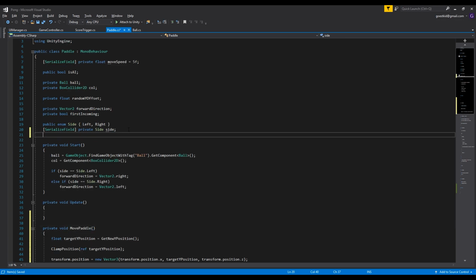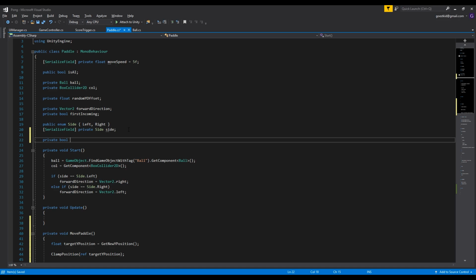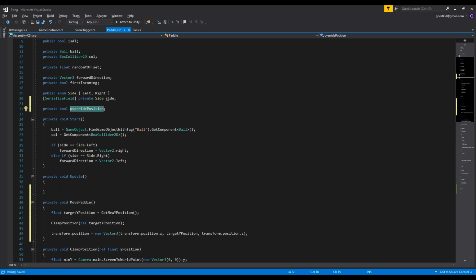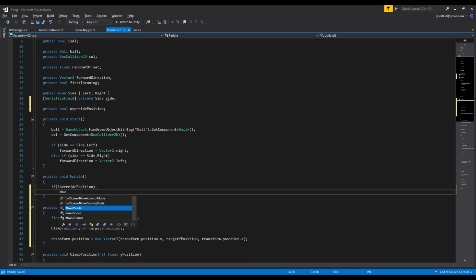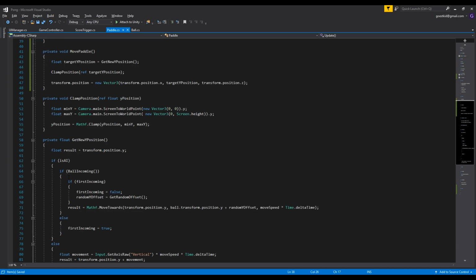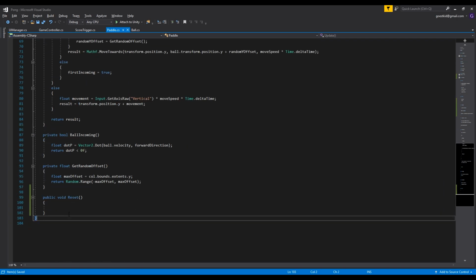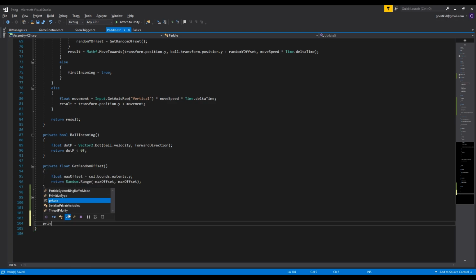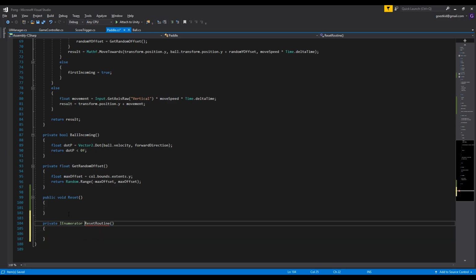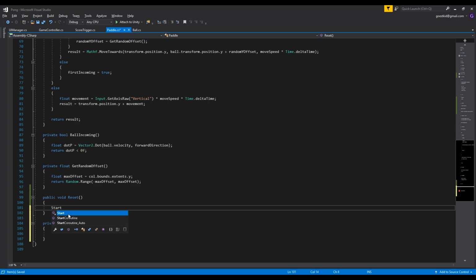I'm going to create a private bool up here. I'm going to call it override position, and what this is going to do is it's going to be a condition here. So if we're not overriding the position, I'm going to call move paddle so we can move accordingly. And down here in our reset method, before that I'm going to create a private IEnumerator. I'm going to call it reset routine, and I'm going to go in here and do start coroutine,